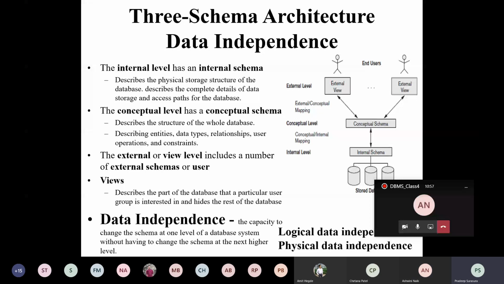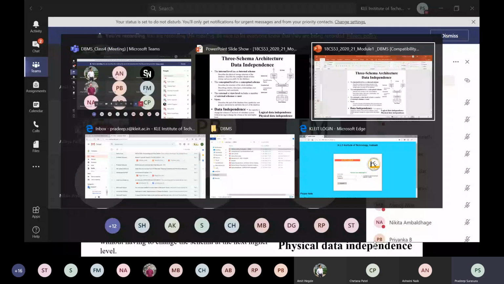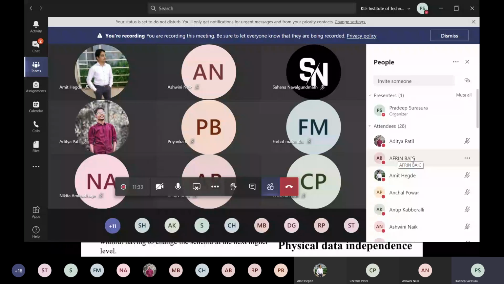Can anybody just talk and share? I want to have the class in an interactive manner. So just type or just tell me what the procedure is when we walk into a hotel, what the processes are. Guys, just say something. What are the different processes when you visit a hotel, or what are the steps? Imagine you visit a hotel for lunch or dinner. What is the procedure there?